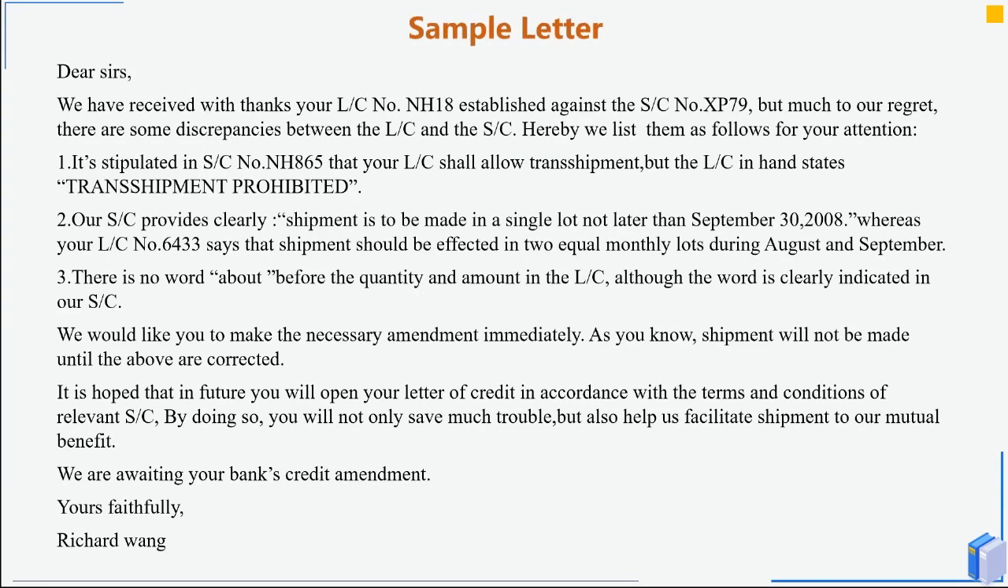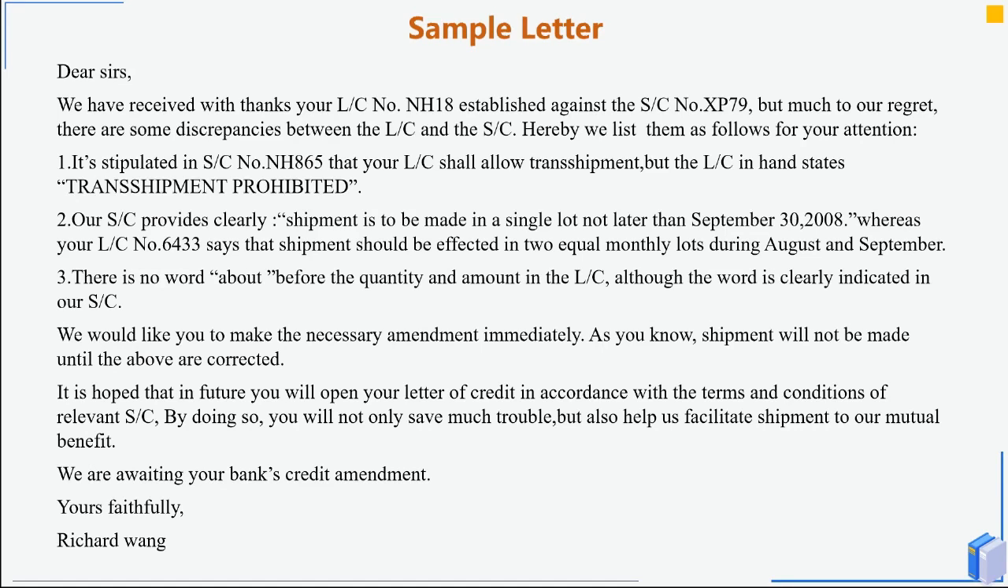Dear Sirs, we have received with thanks your LC number 01H18 established against SC number XP79, but much to our regret, there are some discrepancies between the LC and the SC. Hereby we list them as follows for your attention. 1. It's stipulated in SC number H865 that your LC shall allow transshipment, but the LC in hand states transshipment prohibited. 2. Our SC provides clearly,